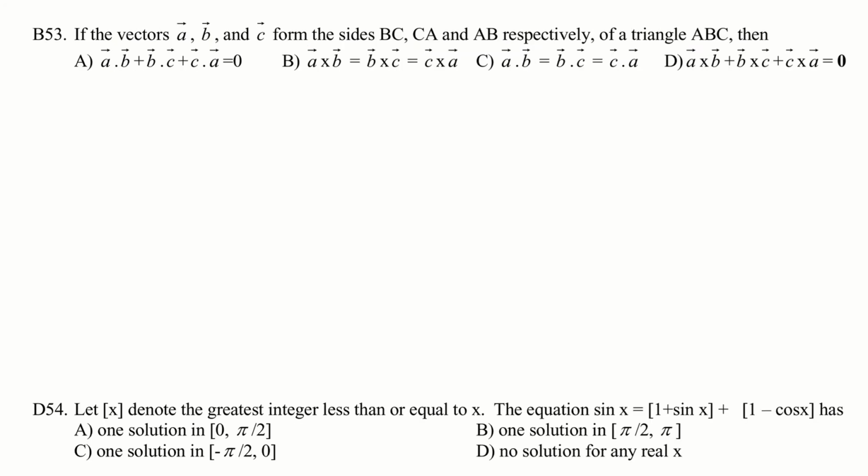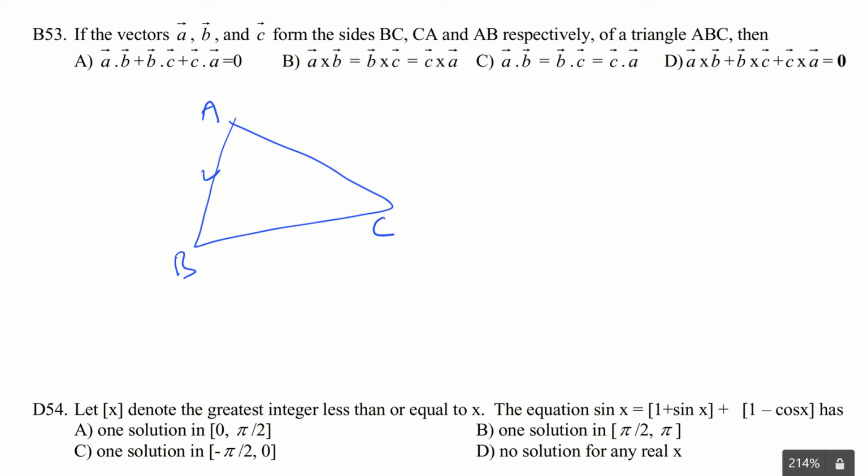Now this is a pretty obvious one. We know that if I have a triangle ABC, AB bar is given to be C bar, BC bar is given to be A bar, and CA bar is given to be B bar. Then we know that if you go for the vector areas, it is obviously this one. So obvious from the theory. Let's go to next problem.